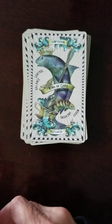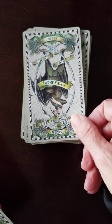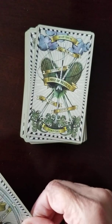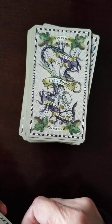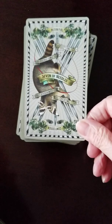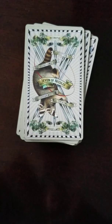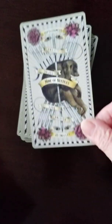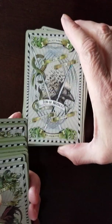Moving on, we have the Ace of Needles, which is swords, I'm sure. 2, 3, 4, 5, the 6, 7, 8, 9, and 10. And yes, they definitely have the Rider-Waite-Smith